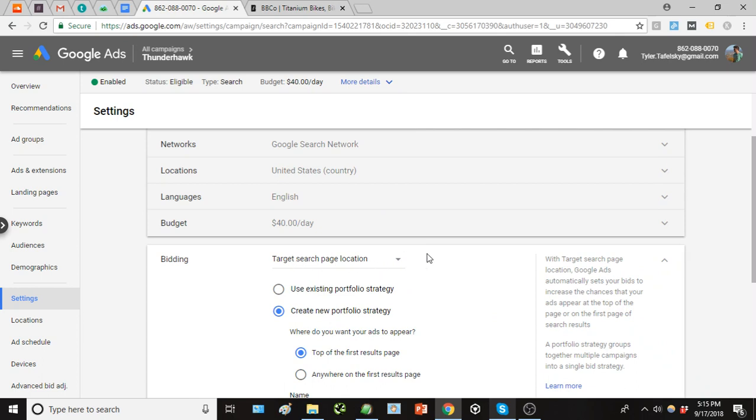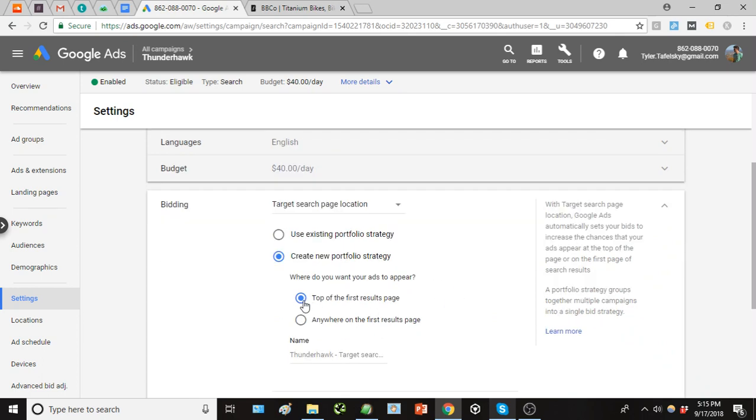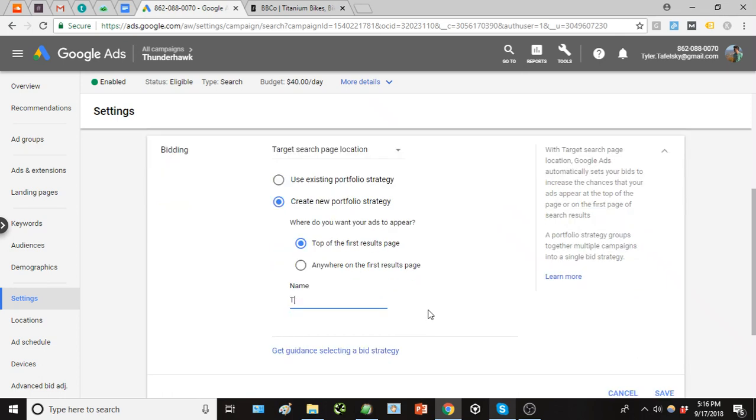And with target search page location, we can have this button here clicked for ensuring our ads show up at the top of the first results page. So that will ensure that we're above organic, above the 3-pack. And you can set that in place, again, before you launch. Sometimes that's a smart approach. If your clicks are extremely expensive, that might be a little bit more risky, especially if you have a limited budget. But if we change that with this new bidding type, we can just name it